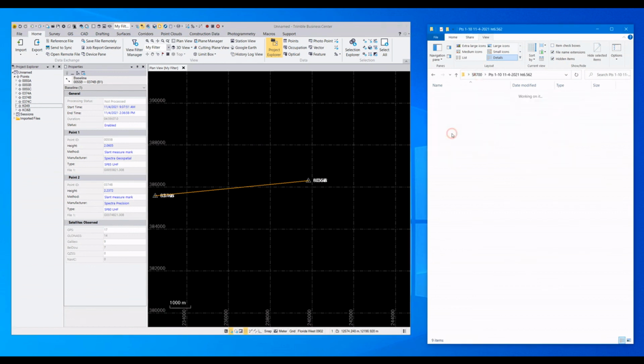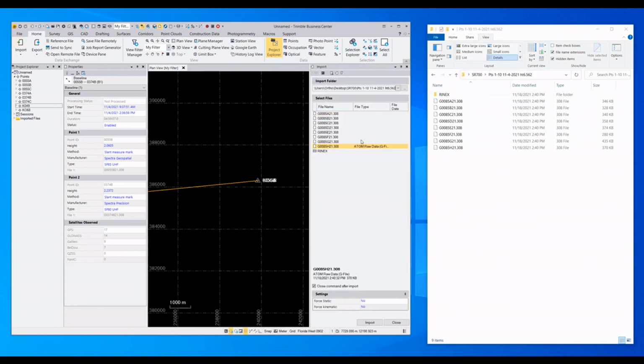And then we have what looks like maybe the rover data at 2 meters. So if we say this,